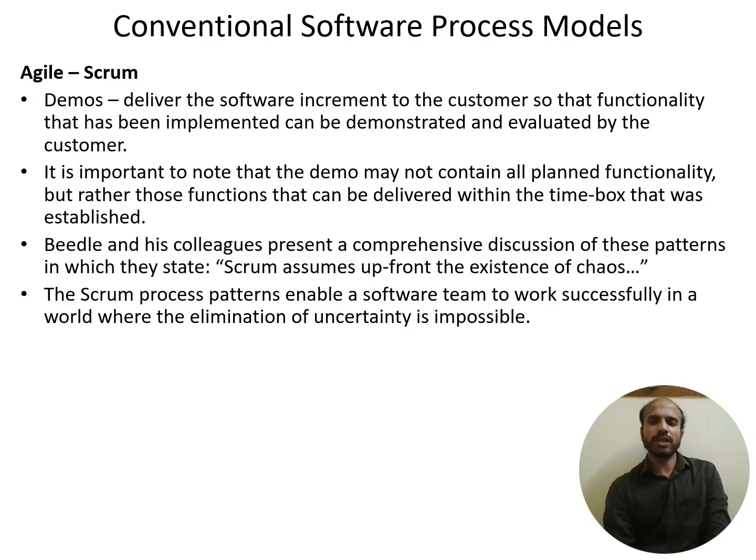Accordingly, an action plan can be implemented and you'll be able to successfully deliver the functionalities as and when they are getting completed. So the Scrum process patterns enable a software team to work successfully in a world where the elimination of uncertainty is impossible. As mentioned, the key questions during the Scrum team meeting make it clearly understood